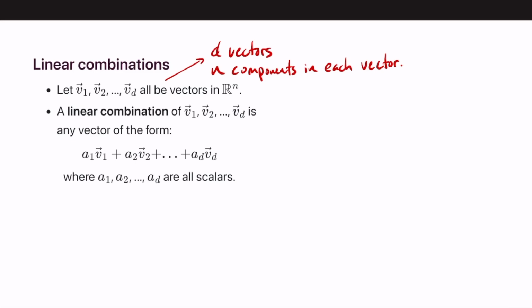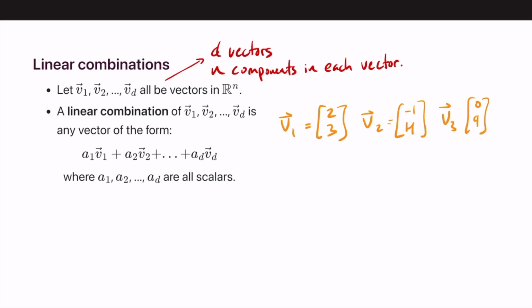So v1 can be anything, it could be whatever vector we want. For example, we could have vector v1 equals 2, 3, and vector v2 could equal -1 and 4, and v3 could equal 0 and 9. These are all valid possibilities. They're all vectors in R2. They all have 2 components to them. And